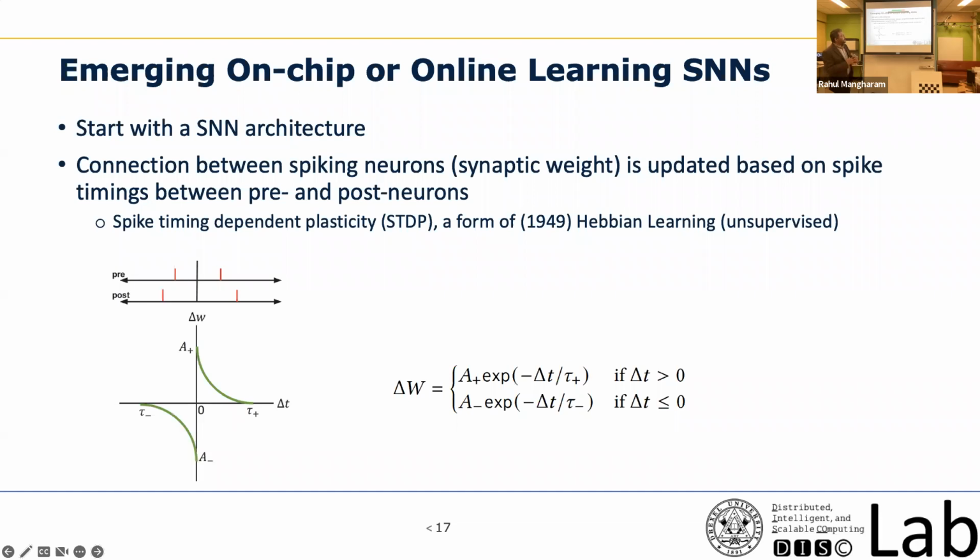Here is a little bit more mathematics on how the weight changes happen. Based on whether the presynaptic neuron fires before the postsynaptic neuron, or a spike comes after the postsynaptic neuron, you have different weight dynamics. Imagine you have programmed a certain weight to start with, and as an event that has not been seen before comes in, the weights can change from their own value. That weight change results in more spikes or fewer spikes going between neurons, and that helps facilitate the new form of learning.